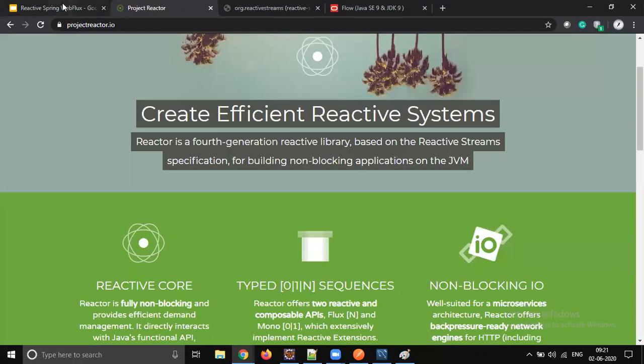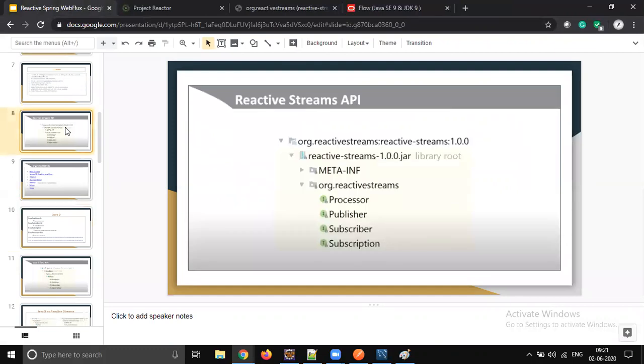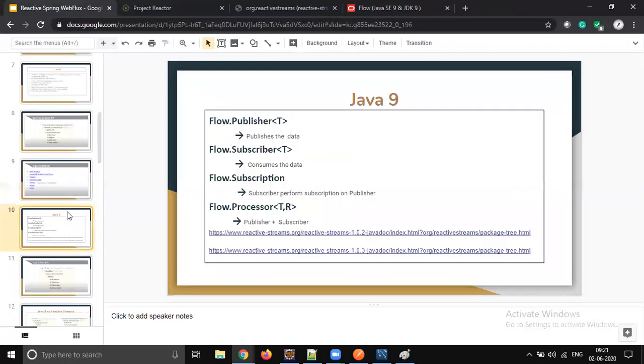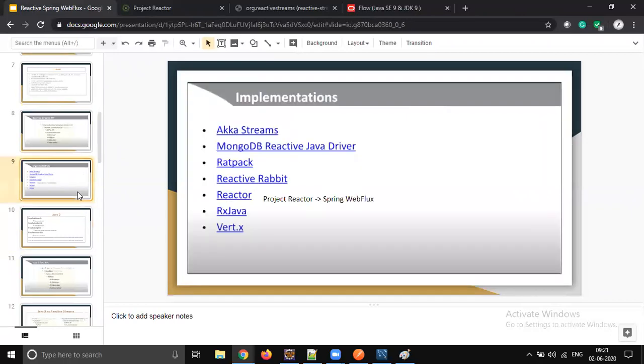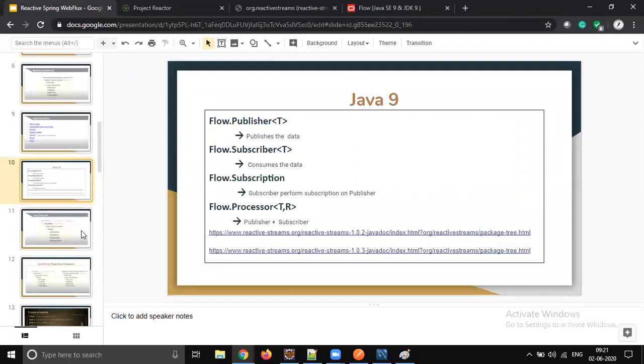Okay, so we are going to use Java 1.8 and a third-party library. So there is no problem when you upgrade it to Java 1.9. It will automatically work, because that is a third-party library. There is no dependency with Java. So this is all about history and the problem.